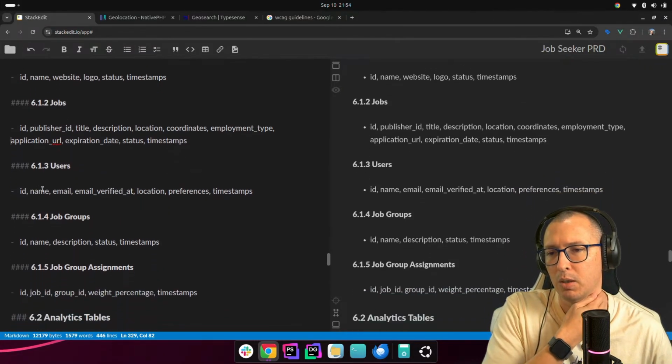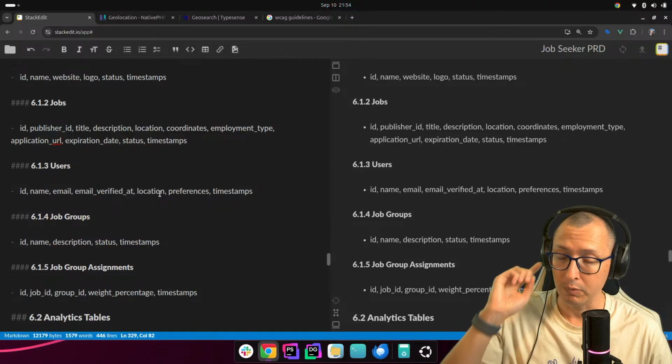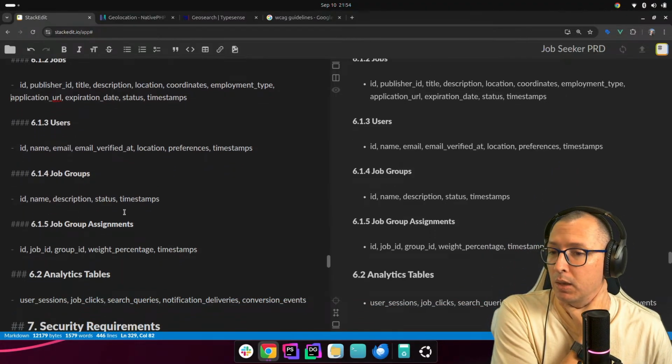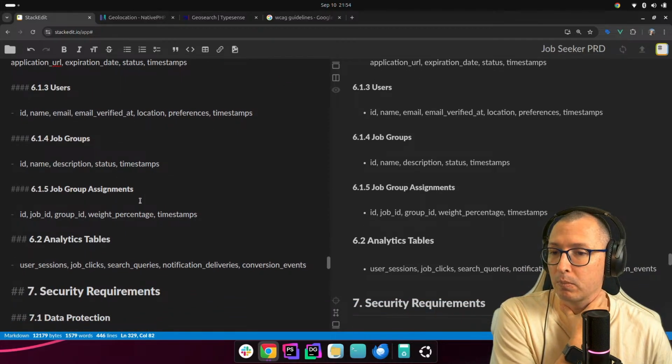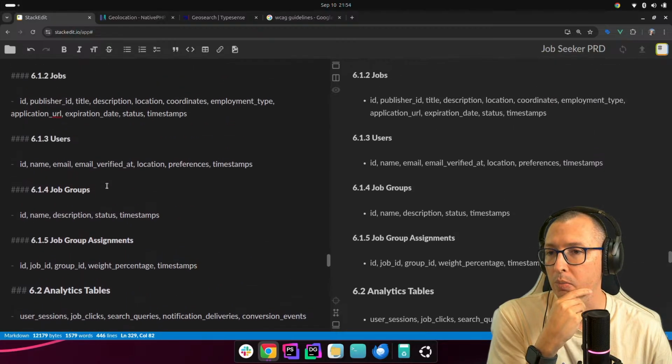The username, email. That is all part of the default information or the default user table that we have in Laravel. Job groups, ID, name, description, status, and timestamps. Okay. Job group assignment. We have a group ID, a job ID, and a weight percentage. Oh, for jobs, we also need to have